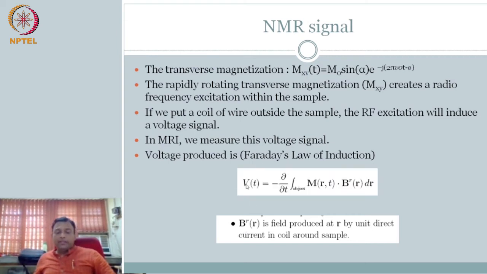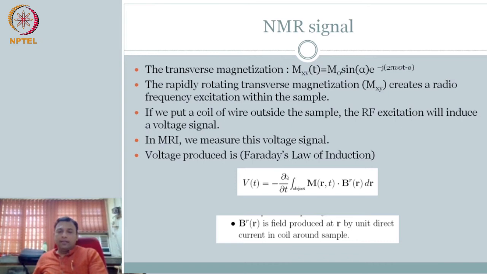So now my induced voltage is nothing but, you have the whole object. In the whole object, you have M_R(t). You have this magnetization vector that is rapidly changing, so ∂/∂t of the rapidly changing magnetization vector, right? When it is captured by B_R(r), that is the voltage that you are getting. So the sum of all the voltages that you get from the entire object, due to this rotating magnetic field cutting the coil and inducing a proportional voltage, is your signal.